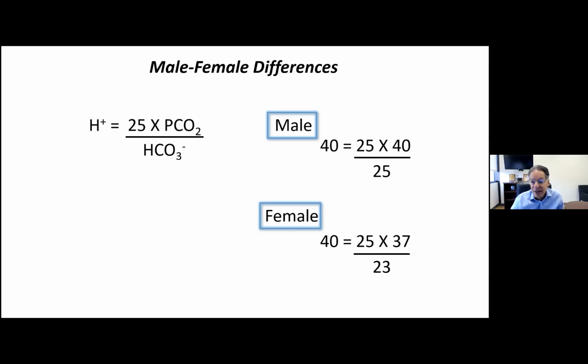And so in a male, we have the numbers that we typically think about. So the hydrogen ion concentration is 40, and the PCO2 is 40, and the bicarbonate's around 25. But females tend to have a lower PCO2. It's not 40, and the bicarbonate is not 25. And unless you realize this, you're going to miss subtle acid-base disorders in females, because you will not be assessing the difference from normality properly. If you use these numbers in a female, you're going to make the wrong diagnosis, and you're going to miss some diagnoses. So a PCO2 of 40 in a female is not what you would typically see,